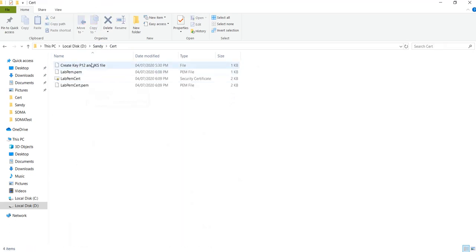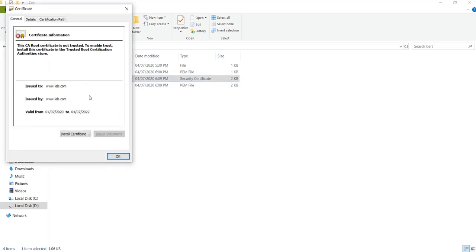See here, now we have the PEM file with us. We have the certificate file, and it's again a certificate file, but you can see the extension is .pem. So let's see what our file contains, the certificate we generated. As I told you, we generated the CSR file, and it is not signed by any authority.